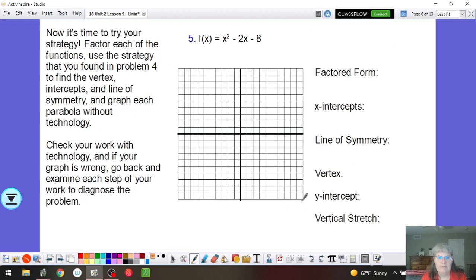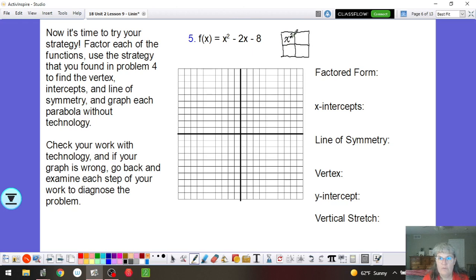So example 5 was the last example that we did in class. What we're going to do here is factor our function. We're going to write it in factored form. We're going to identify our x-intercepts, line of symmetry, vertex, y-intercept, and if there's any vertical stretch, and graph it ourselves. And then if you wanted, you can always check it with technology. I'm not going to take the time in this video to check with technology,